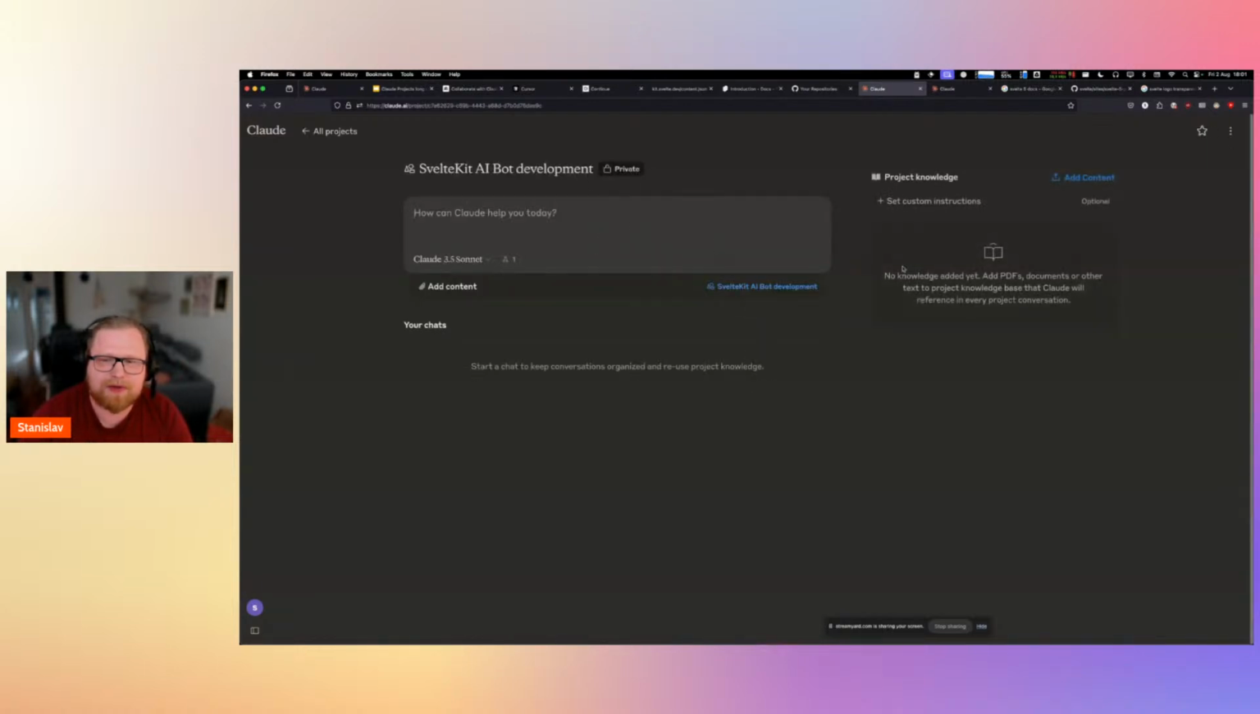Here we go. And now I can add the knowledge. And here I want to add all of my existing source code, so I can ask it to make changes to it. And I also want to add the Svelte documentation. And in order to do that,